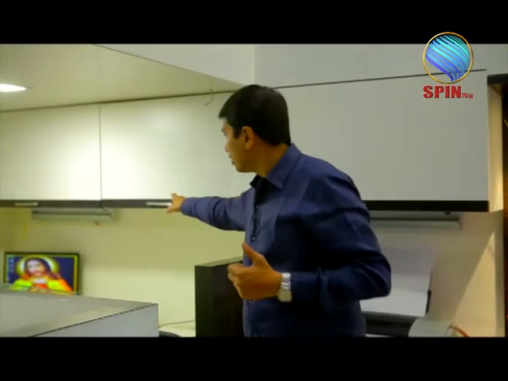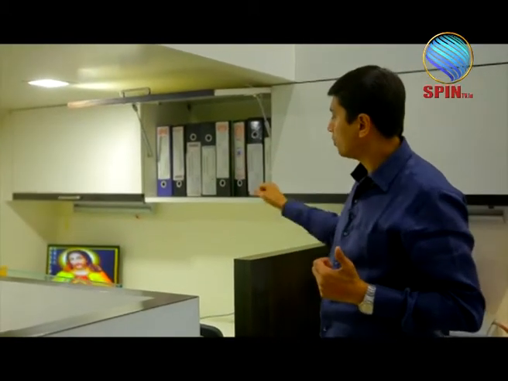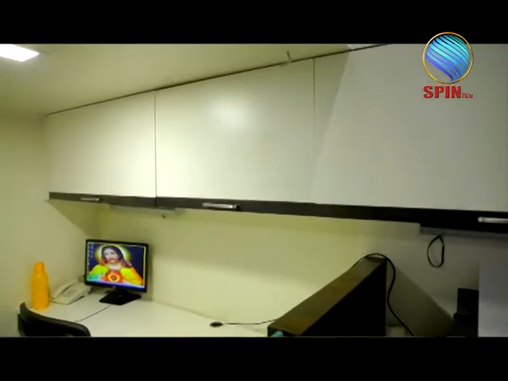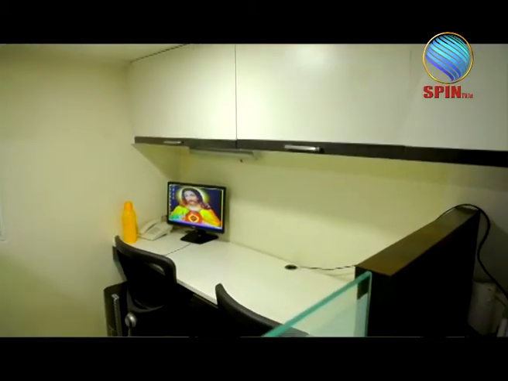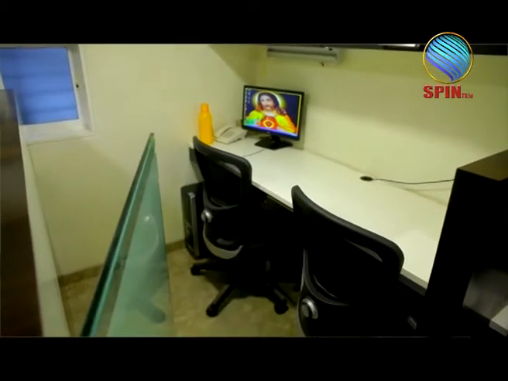And again, there is a need for storage, and a need for movement space, which is taken care of. As we see, there's an overhead storage provided above the workstation, where it becomes very convenient to catch hold of any file, and it becomes a much more private kind of storage. The material used here is a Unicor laminate with a veneer. This gives a matte effect similar to Duco paint, and it gives a very uniform look.